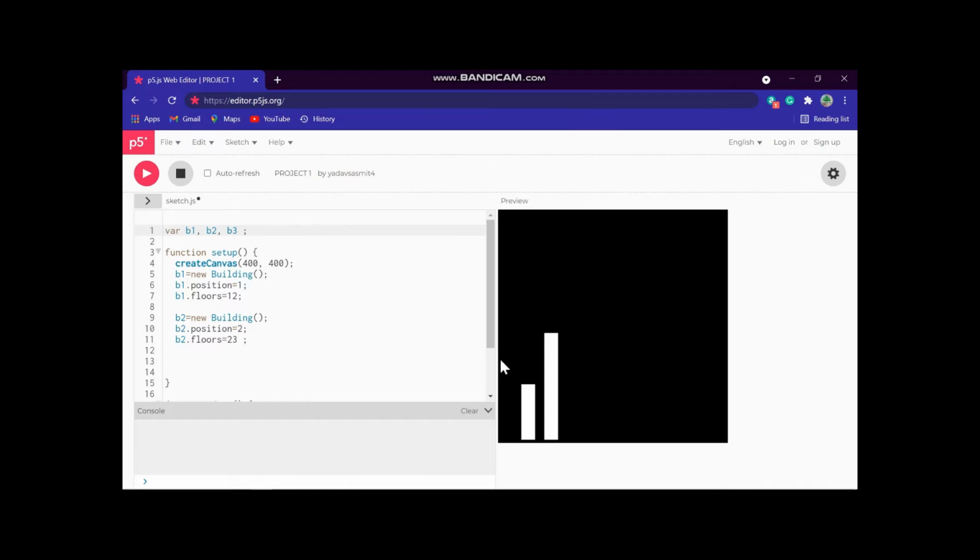So now you are on our desktop, guys. You can see first of all they've given two buildings created. You can see the variables here, and you have to create 10 variables, because you have to create 10 buildings. So let's create the variables B3, B4, B5, B6, B7, B8, B9 and B10.